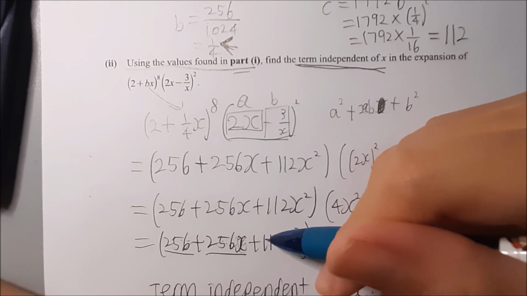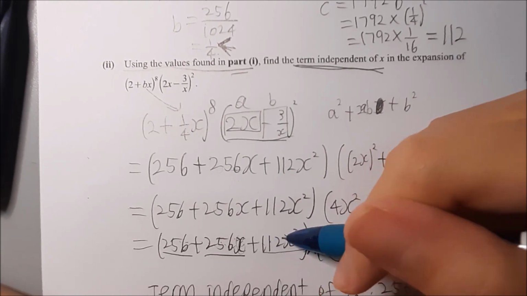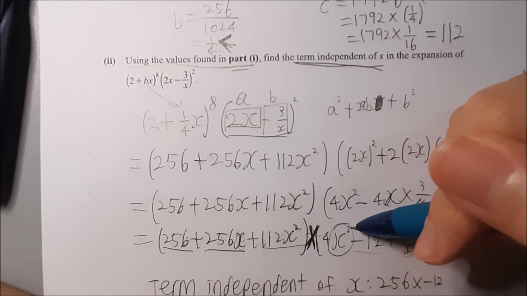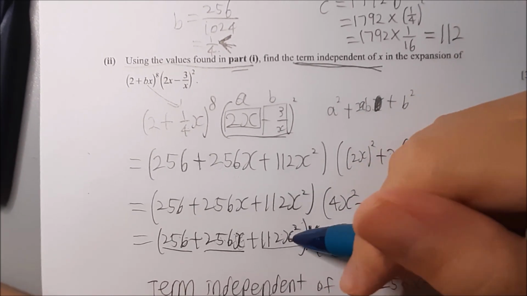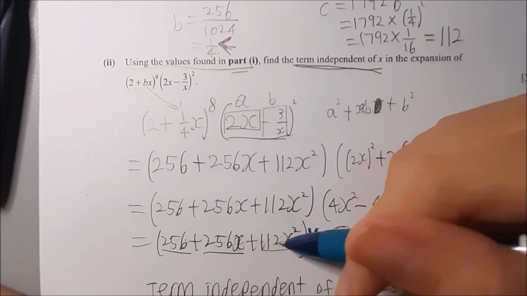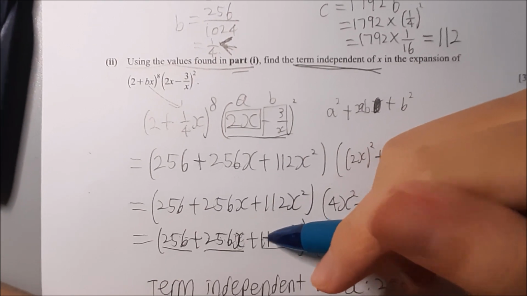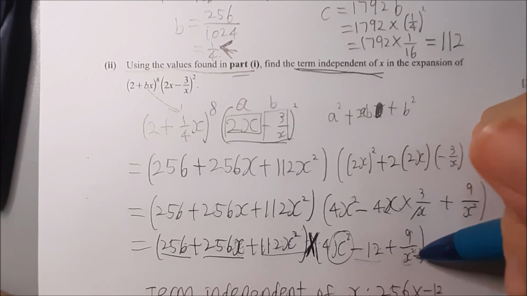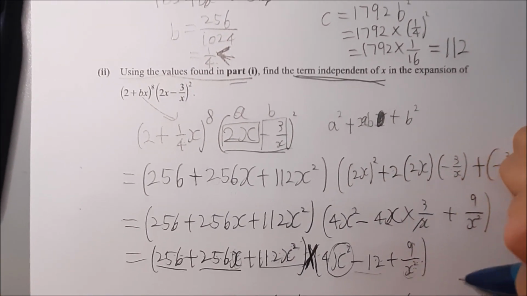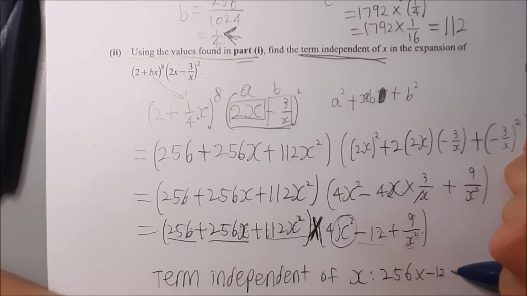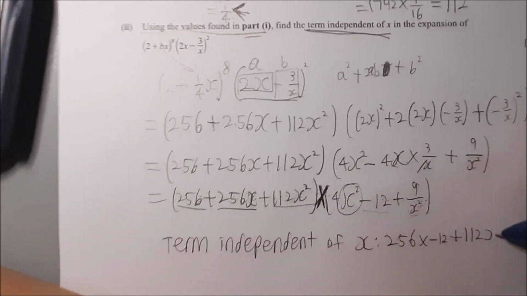And now the last term, 112x squared. 112x squared times 4x squared, well, that is definitely wrong because it still contains the x value. 112x squared times minus 12, that is wrong because it is x squared. But 112x squared times 9 over x squared, that is correct because the x squares, when you multiply together, would be cancelled out, which means that